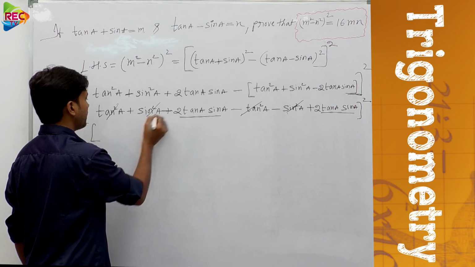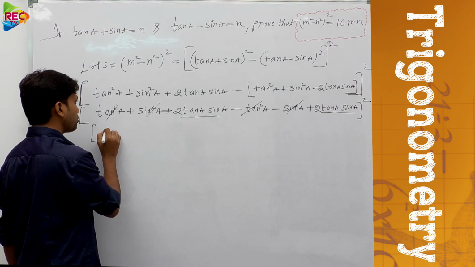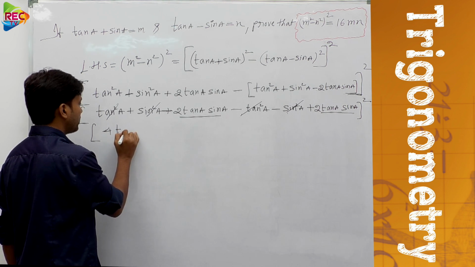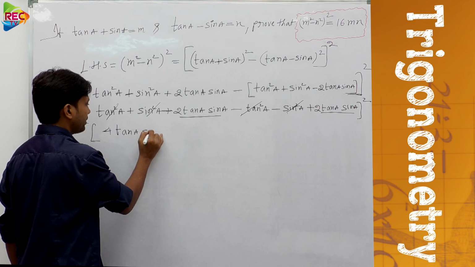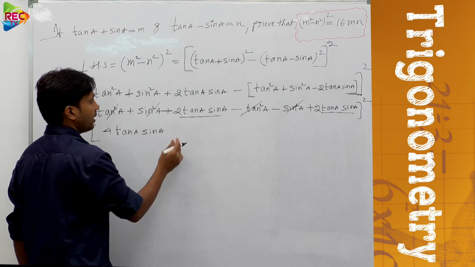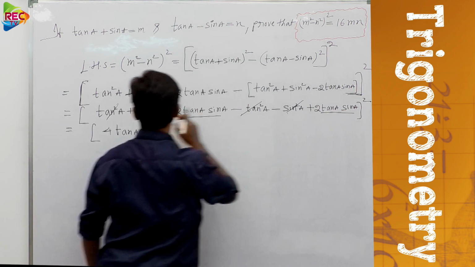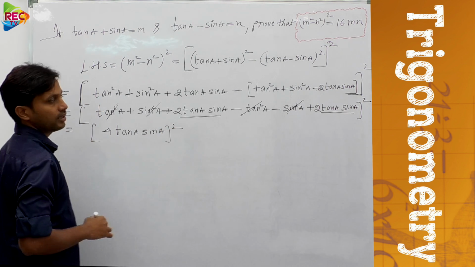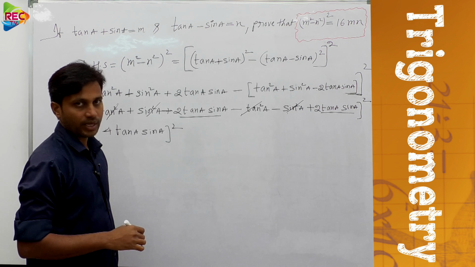So we can add them together. Then 2 tan A sin A plus 2 tan A sin A means added twice. Then 4 tan A sin A. Again this whole square is there, no? M square minus n square whole square. So this is whole square. Okay. Now